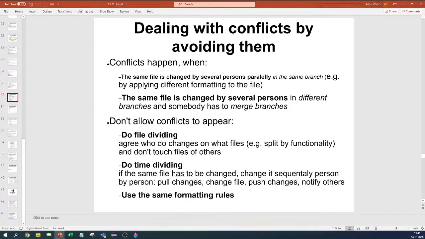Normally, as I said, we should not have conflicts, as it stands here. But in case we have them, basically conflicts can happen if we are trying to change the same file. Different developers try to change the same file in the same branch, in parallel, or with different formatting to the file. In this case, we may have different content of the file,